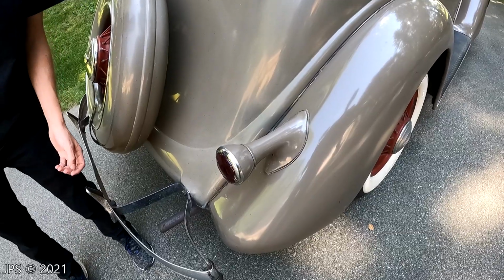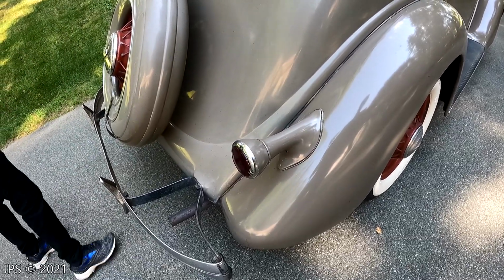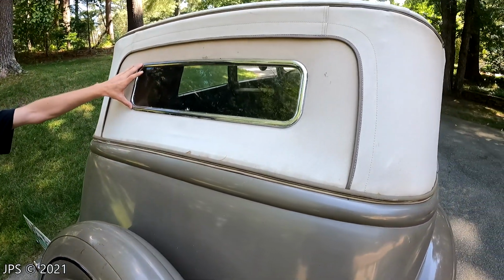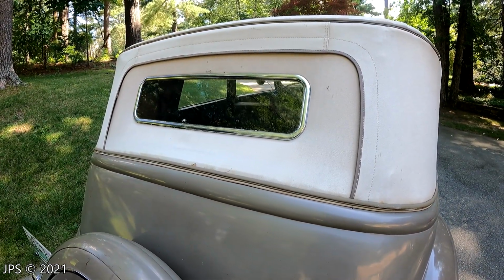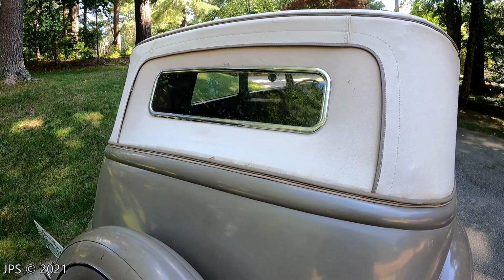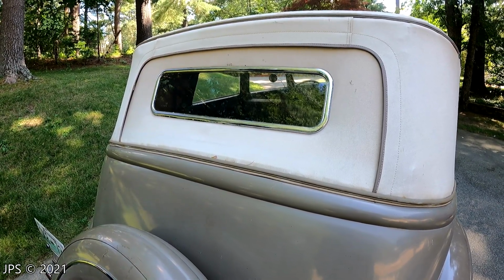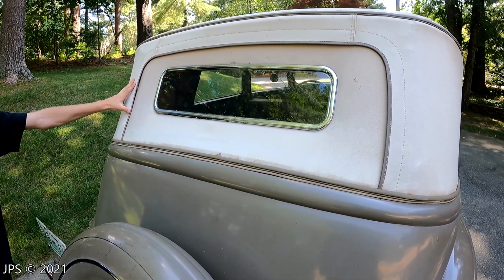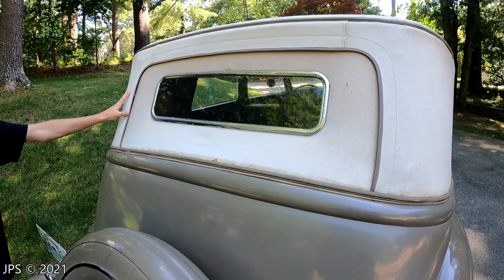It's really, really interesting. We can also see that the rear window is incredibly, incredibly tiny. Absolutely diminutive. Is it actually glass? I think it might actually be glass. That's pretty neat. I do not believe that the cloth cover is from the 1930s, but it is certainly old,